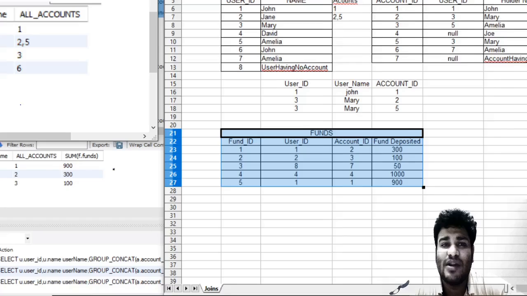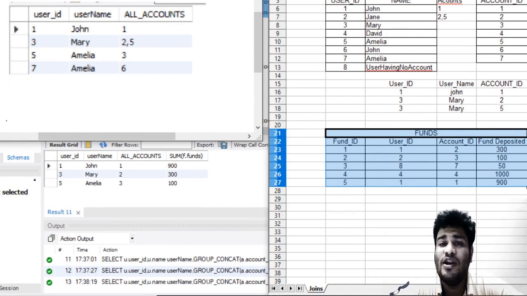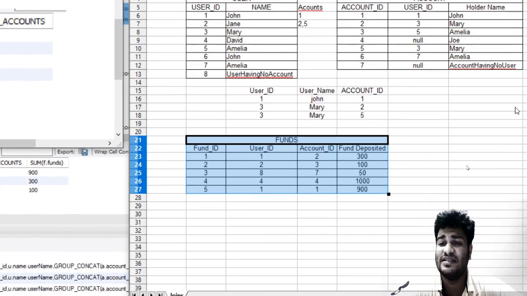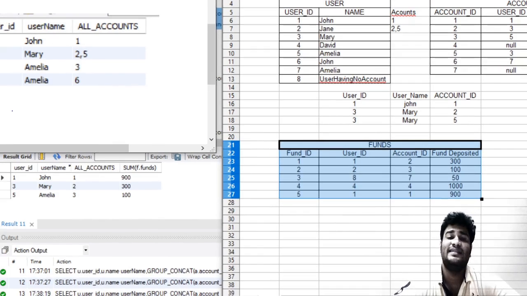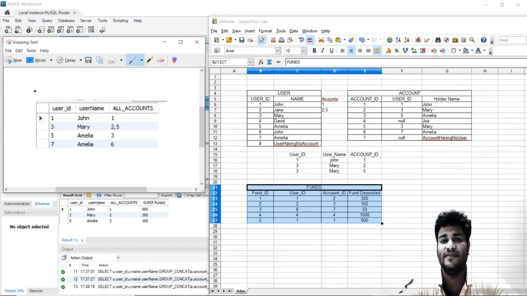But I wanted you to realize one thing: in inner join, only those rows will be shown which are common in all the tables, using the criteria which we give after on or using. To get all the rows, everything on the right side and left side, we have left join and right join, which come into the picture, and this is what we will be discussing next. So this brings our lesson to a close, and in the next chapter we will be studying left join. Thank you guys.